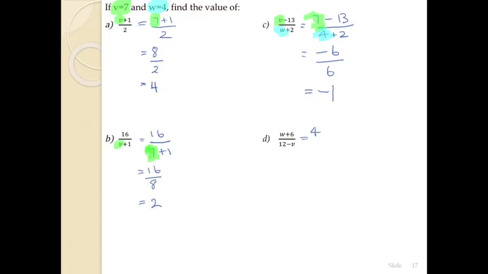So what we get is w is 4, so we get 4 plus 6 divided by or over 12 take away 7. Now we need to work out both those top values and the bottom values. So 4 plus 6 gives us 10, and 10 over 5, because 12 take away 7 is 5. And we know that 10 divided by 5 is equal